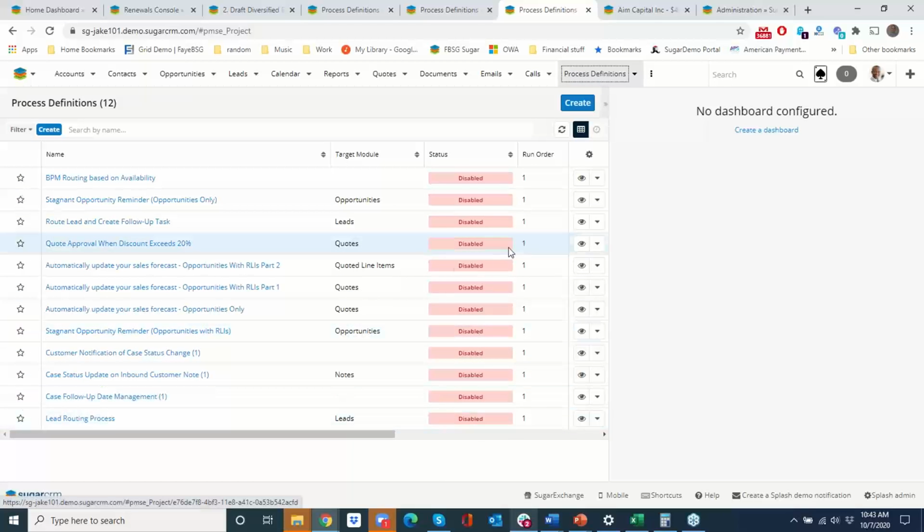And they come disabled because Sugar doesn't want to automatically turn things on in your system. They can also be tweaked. You can create your own on the fly as well. So it's kind of up to you in terms of how many of these you want to leverage, how often, that sort of thing, because you want to make sure that you don't do too much, you don't bog down the system, the reps aren't getting too many emails,